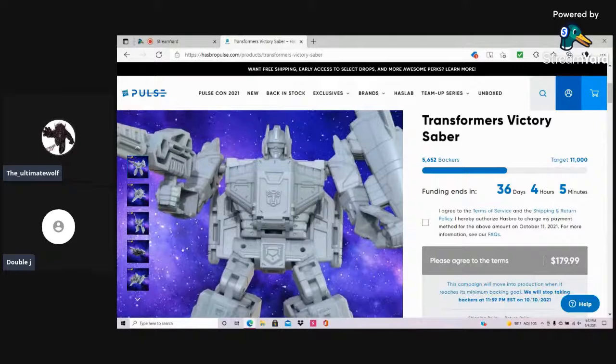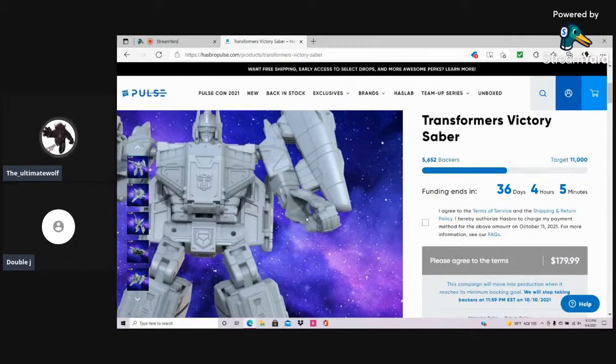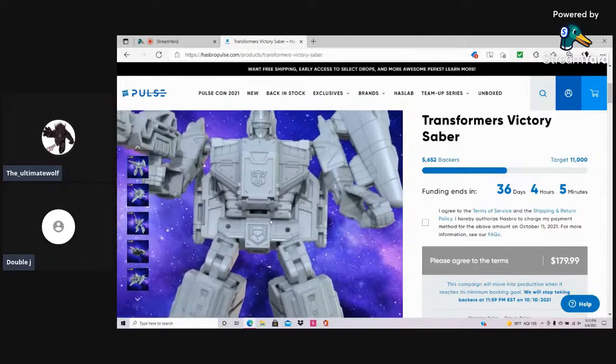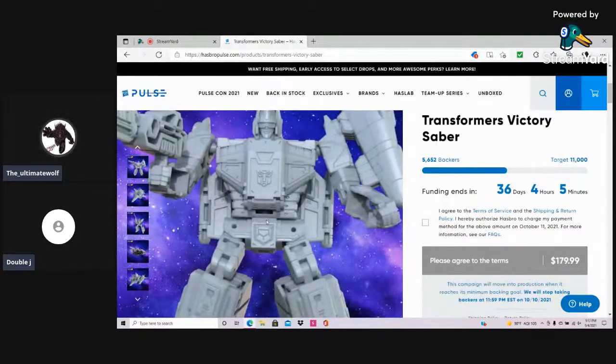You can see some of the joints right there too. Granted, there's a few hollow parts right there, but that's only in robot mode. But I don't know anyone who's going to display Saber in his robot mode. They're probably going to display him in Star Saber mode or Victory Saber or in the jet mode. So